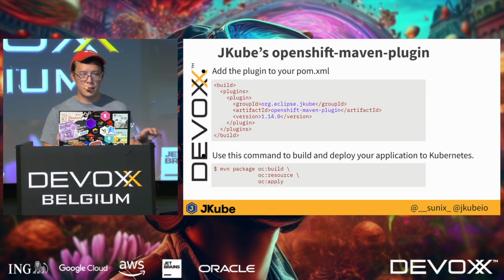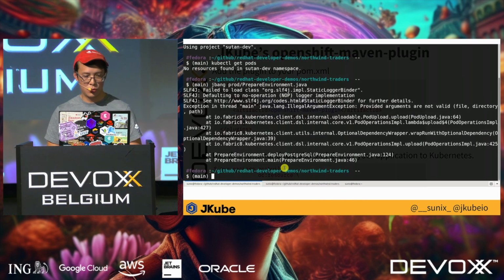Okay, so let's see. There's the OpenShift Maven plugin. So it's quite the same. You see, there's the same command. And what I'm going to do is to run this one. Oops. Okay. I don't know what happened, but it says providing not valid. Okay, I hope it will not break my demo, but let's